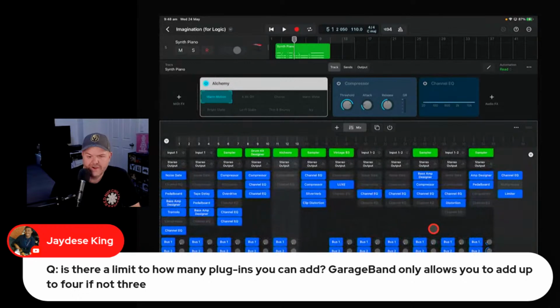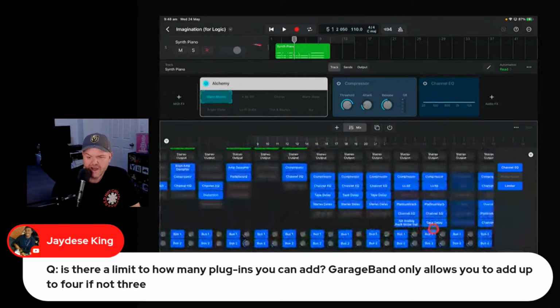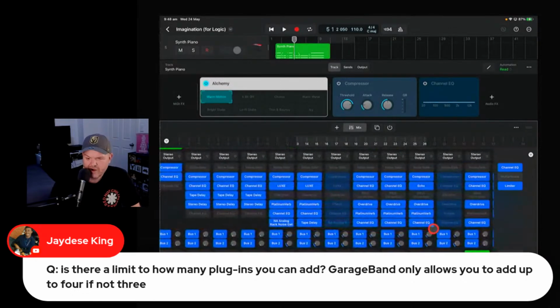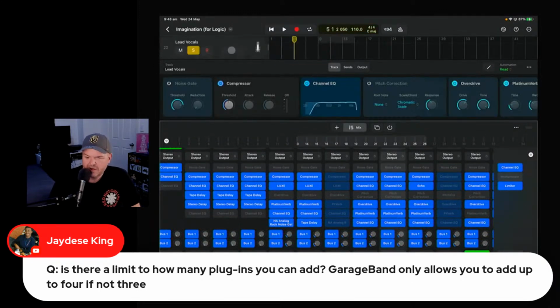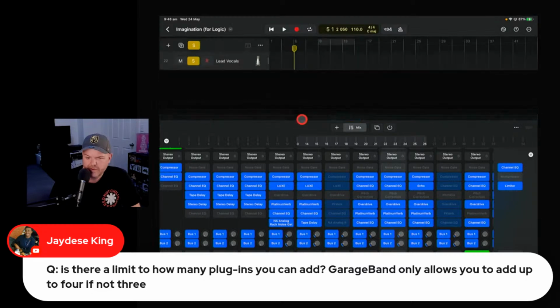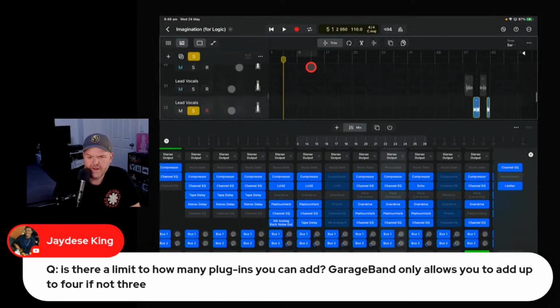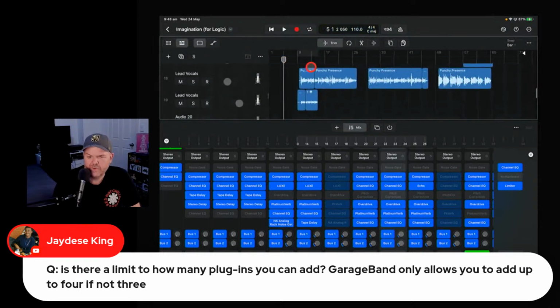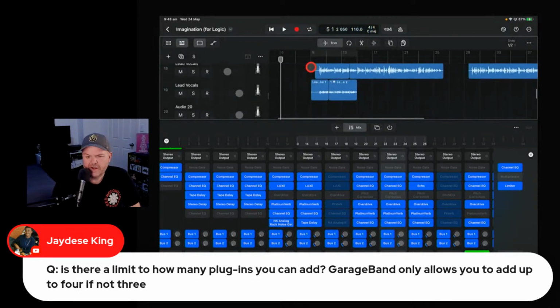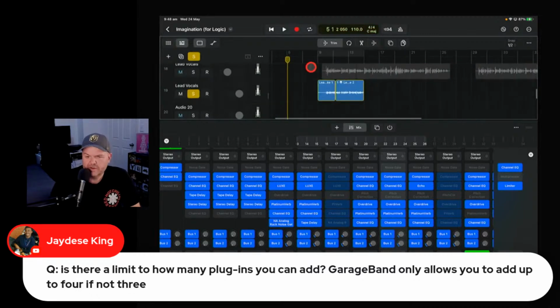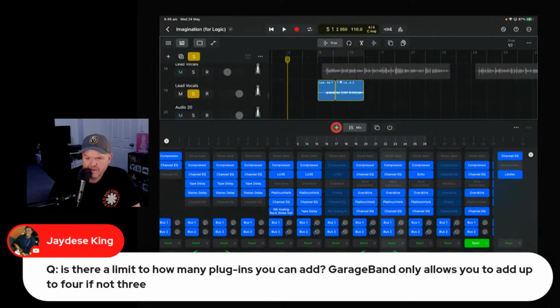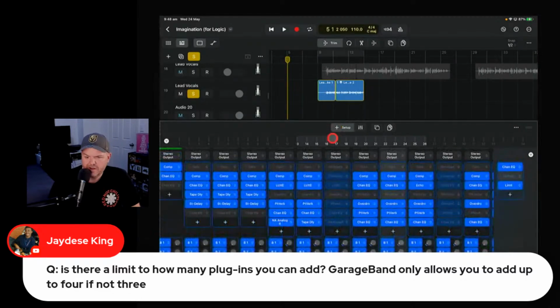What track should we treat with all the plugins? Let's pick on that lead vocal track that I did before, which is this one here, I think, the second lead vocal track. We'll just bring that down for a minute. I think it was this one that we just. Oh no, it wasn't. That's my backing vocals. It's this one here. This is why you need better track naming than I do. So let's look at this track, which again we can see is soloed down here. And let's go to our setup mode. Remember your mixer mode. You can go to setup mode here. And let's just add a whole bunch of random plugins.